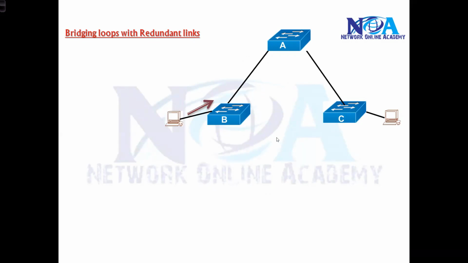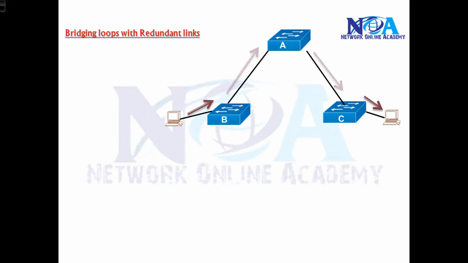But the problem with this connection is there is only one path. The communication goes like this, but there is no redundancy. If switch A fails or any of these links fails, there will be a single point of failure.